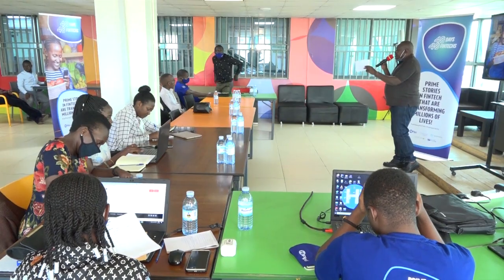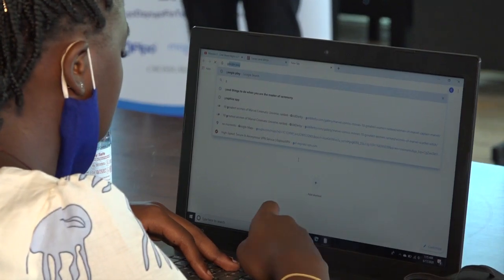So one needs a national ID, of course. One needs to give us a bit of their personal details. We are not too intrusive, so we ask for a few of them. And give us your phone number, and you're set to go with an account on the mobile app. Through the Social Lend application, borrowers can use cash advance for business to consolidate debt, finance purchases, and cater for certain